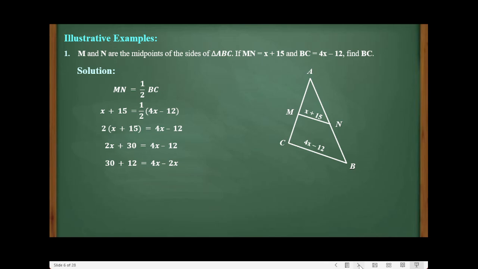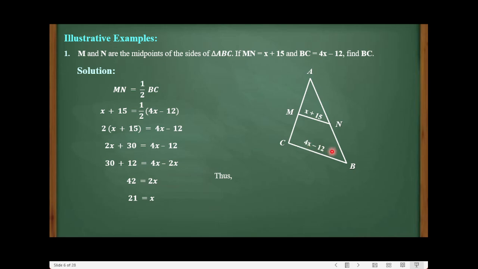So, at this point, the equation becomes what? 42, which is equal to 2x, and divide both sides by 2 to get the value of x. It follows that 21 is equal to x, or x is equal to 21. Okay? So thus, we can now compute for the length of BC by substituting the value of x